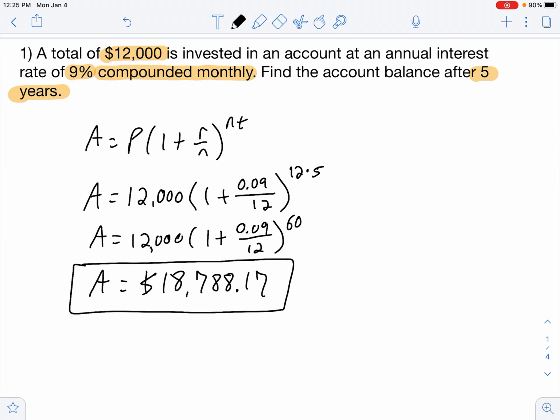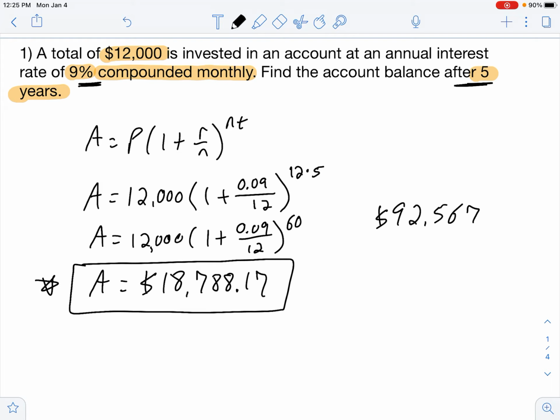Number-wise, it makes sense. If I invested $12,000 for 5 years at 9%, how much do I have? I have $18,788.17. That sounds about right. If you made a mistake somewhere, let's say you did 0.9 as opposed to 0.09, well, now you're saying 90%. Well, your answer is going to be really large. Say you come up with something like